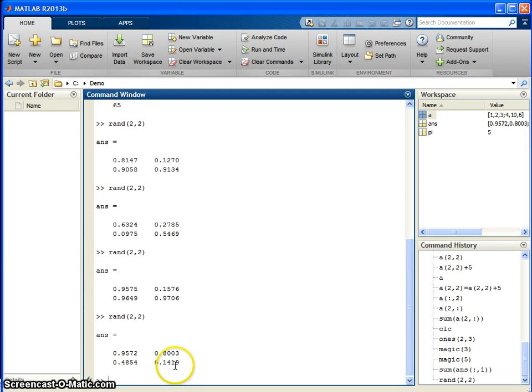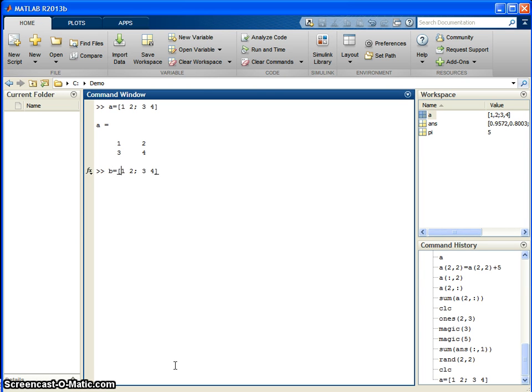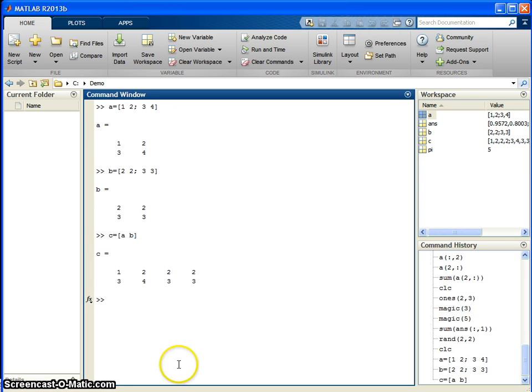Just see here, I will demonstrate that. A equals 1, 2, 3, 4, and I say now B equals 2, 2 and 3, 3. Okay, I say C equals A and B. See, this is how it is merged.